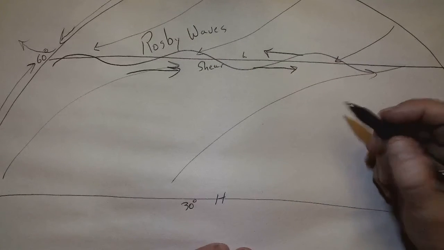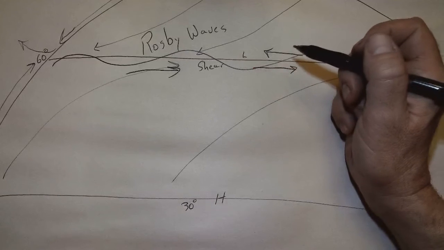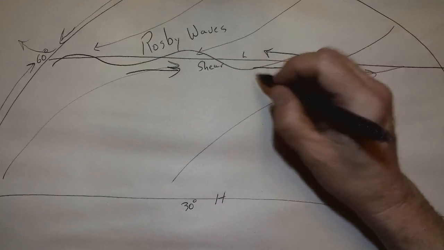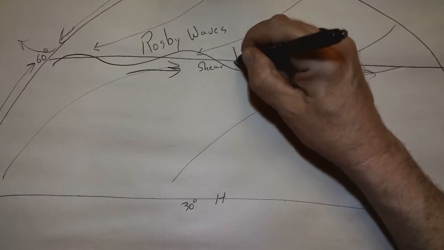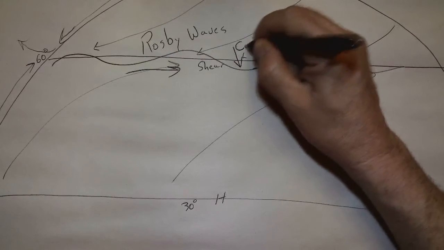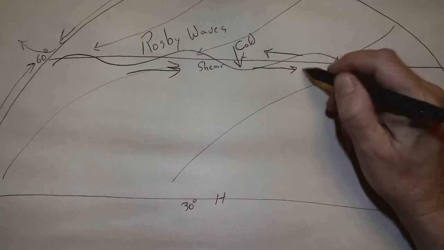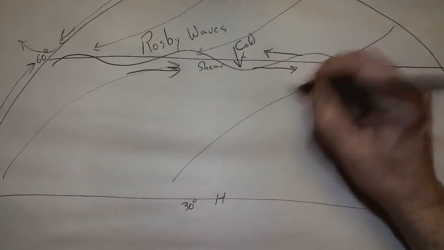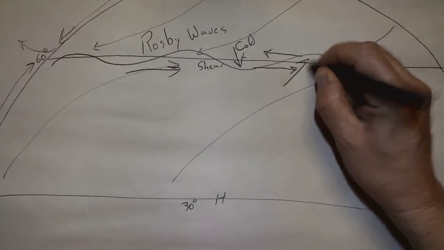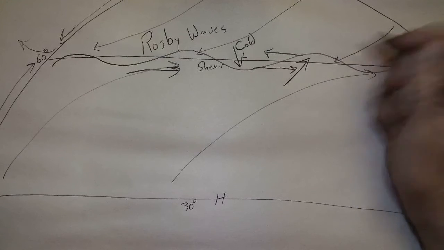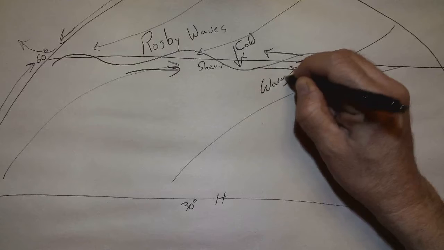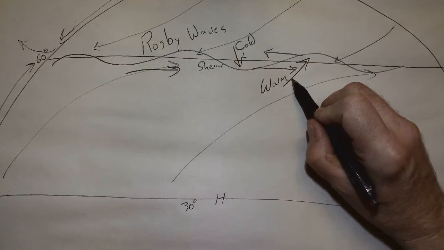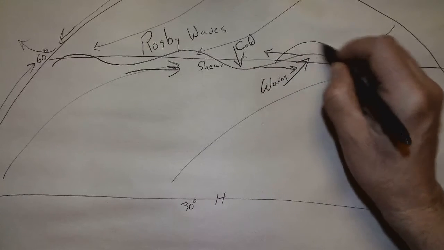What we want to look at is one section of the Rossby waves where we'll take a look at what's really happening here. We have cold air coming down. This would be cold air from up north. South of that, we would have warm air moving up. Okay, so what's going to happen here? If we have warm air moving up, warm air, less dense, slides on top, all up and down here,